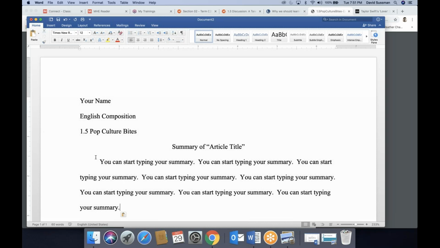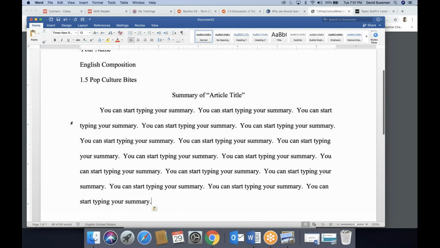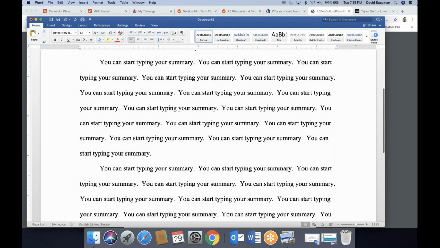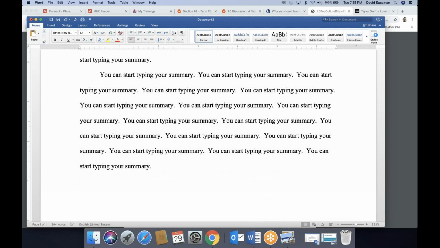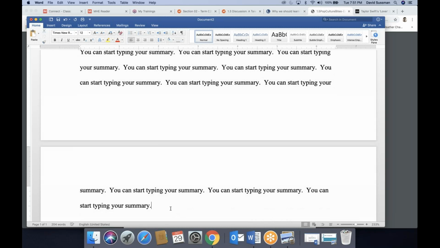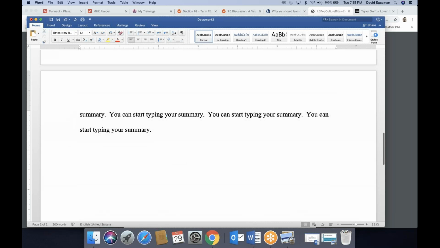Okay. Here, I'm going to fill up a bunch of space because I want to make it look like I've typed an entire paragraph. Okay, so let's say that's a paragraph. When you get to the end of the paragraph, hit enter just once. Hit tab to indent and keep going. Indent, keep going. Now, whenever your summary ends, then you will create an ending reference.